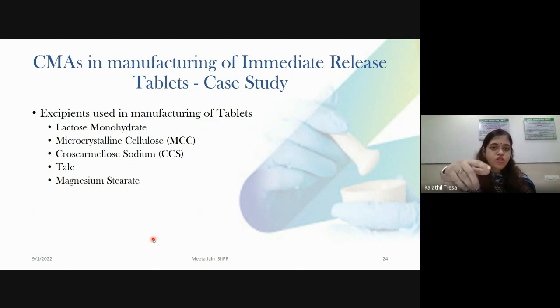The materials used in that, the excipients, are lactose monohydrate, microcrystalline cellulose, croscarmellose sodium, talc, and magnesium stearate. These are the diluents, these are the disintegrants, and these are lubricants and glidants. Apart from the API, which are your input things.